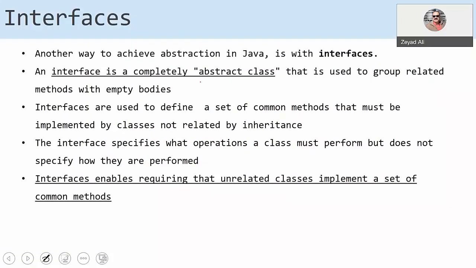Interfaces are a different way of inheritance. With abstract classes, some methods can be abstract, some methods are not. But with interfaces, all the methods are abstract. However, this is not 100% true. In the last few years, this has changed. But let us stick to the historical thing.